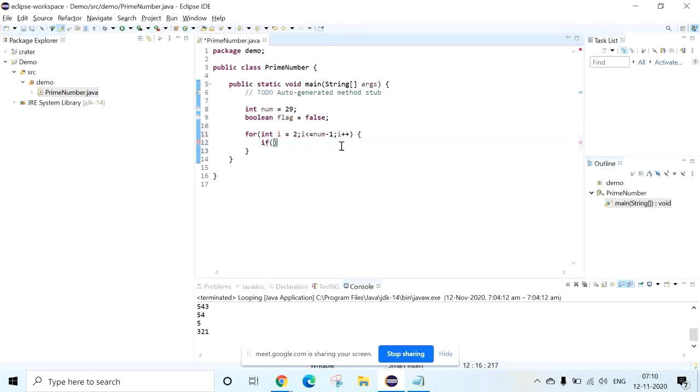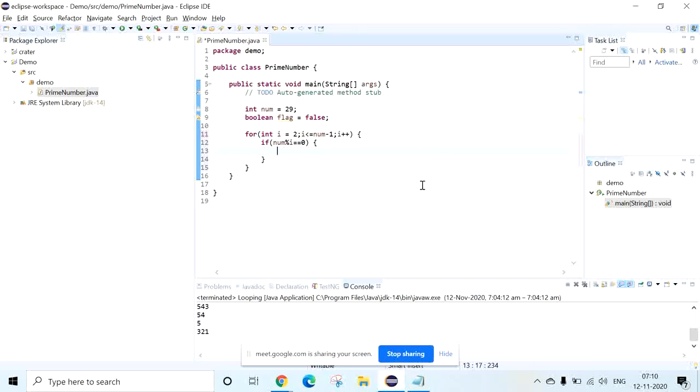If number modulus i equal to 0, sorry, not 2, it must be i. If this condition matches, then it cannot be a prime number, right?